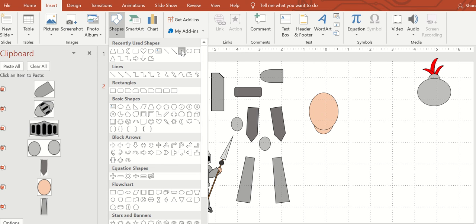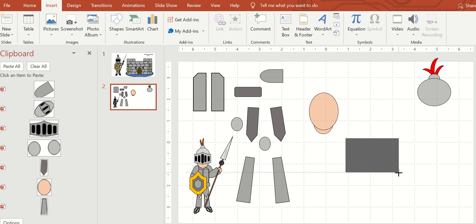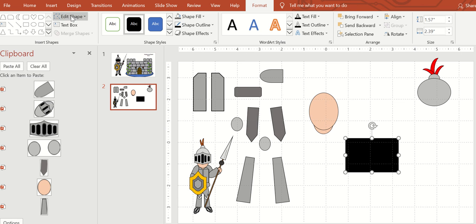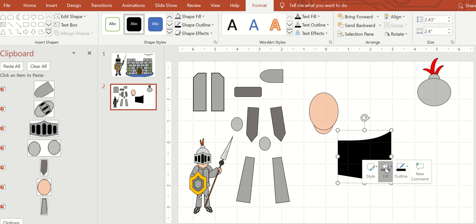So I chose a regular rectangle. Come up to Edit Shapes, Edit Points. Click on this one, bring it down just a tiny bit, and then go ahead and bring it straight up. Try to keep it straight, and then go ahead and click this one and you bring it down a little bit. That gives you this shape right here. I'm going to turn it gray,